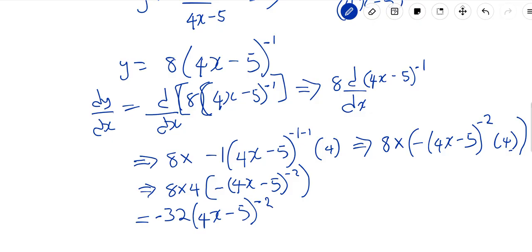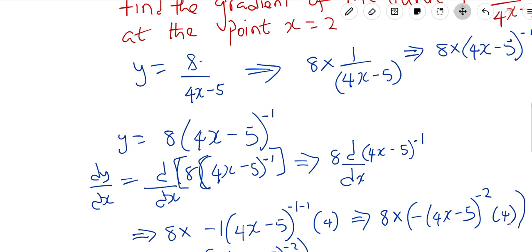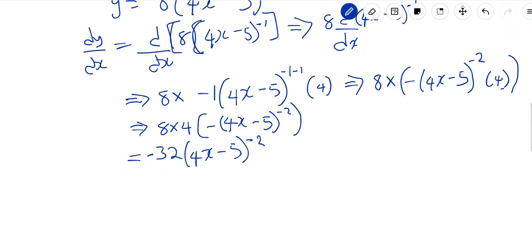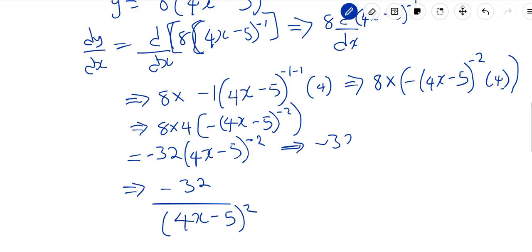All right, so this becomes the value one would differentiate the function y is equal to 8 over 4x minus 5. Well, we can still rewrite this equation to be negative 32 divided by 4x minus 5 to the power of 2. Still the law of indices, you remember? So this is the same thing as saying negative 32